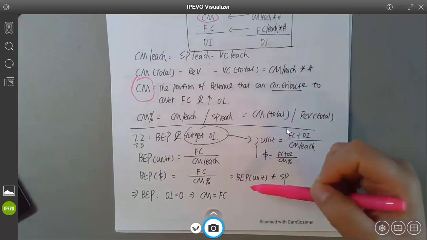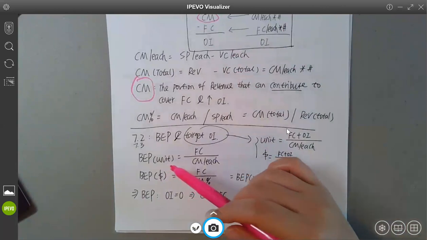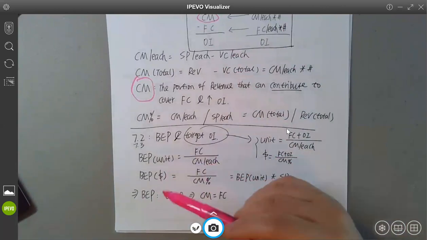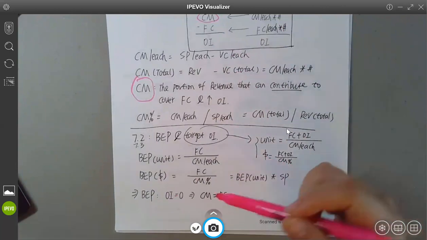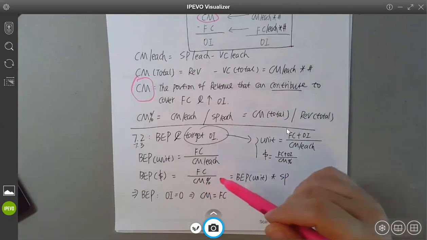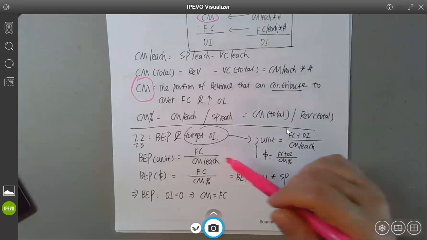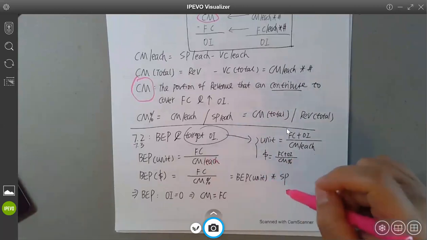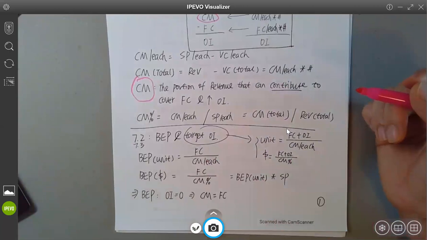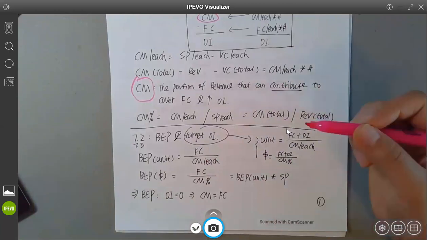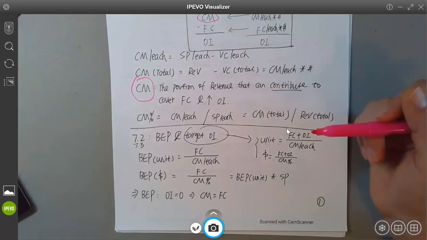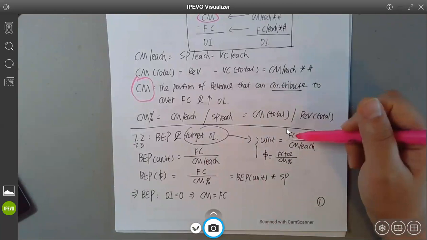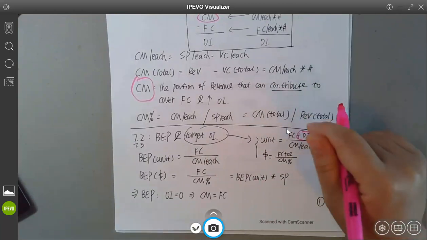I'm not going to read this formula, but if it's asking about units, you use contribution margin for each. If it asks what your sales revenue dollar amount has to be to break even, then you can either use the contribution margin percentage, or use the break-even point in units and multiply by the selling price. Sometimes the managers are not just satisfied with a break-even point, they want to earn some money. So they say, I want my target operating income to be 100,000. In this case, your numerator will become fixed cost plus your operating income, and then divided by contribution margin